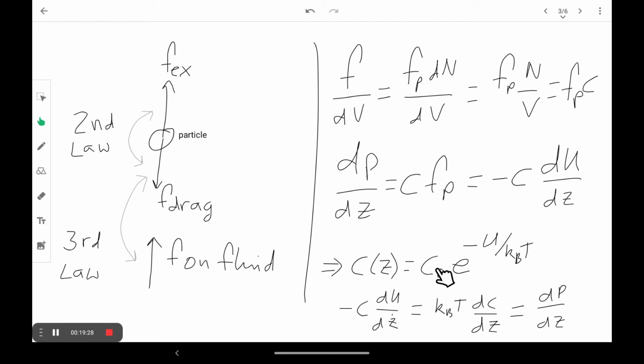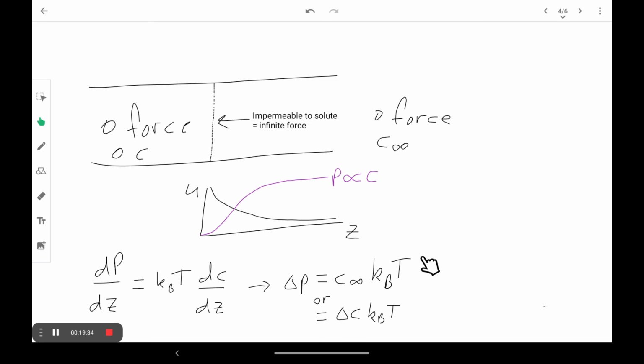So that's why this is truly C infinity, whatever the concentration is far away from the wall. And so that's how we've got this concentration here, and I've written it up here too. So now that we know how to think about it, we know that there's whatever pressure on this side, whatever pressure really far away, a complex pressure in between, but it's pretty constant, fairly quickly going away. So if we integrate this,